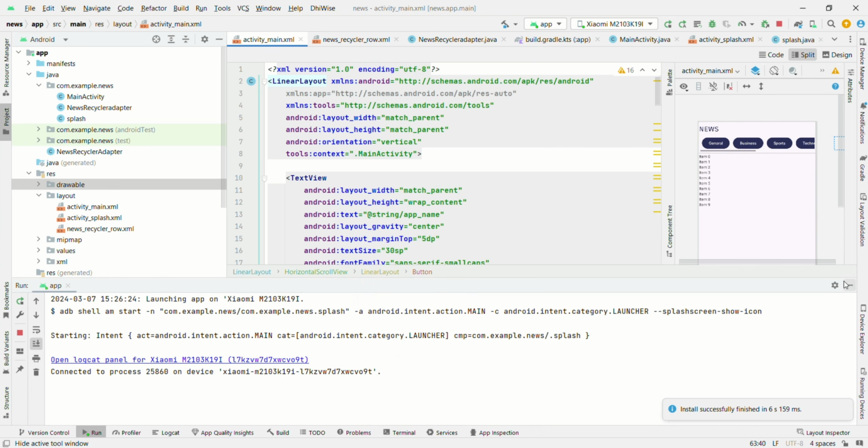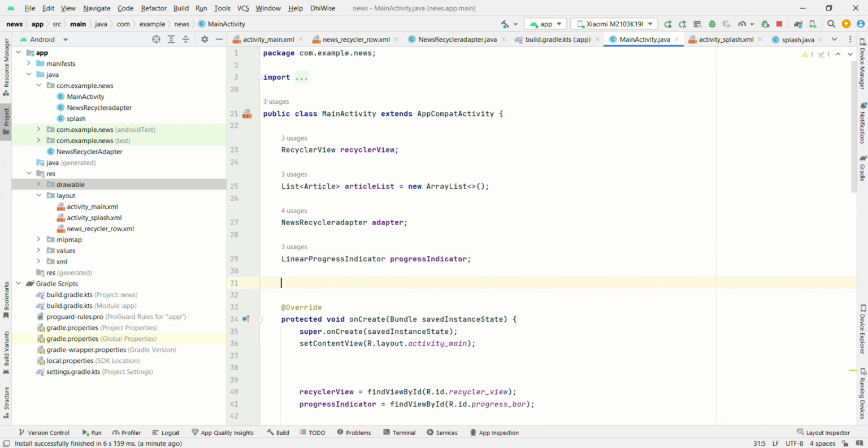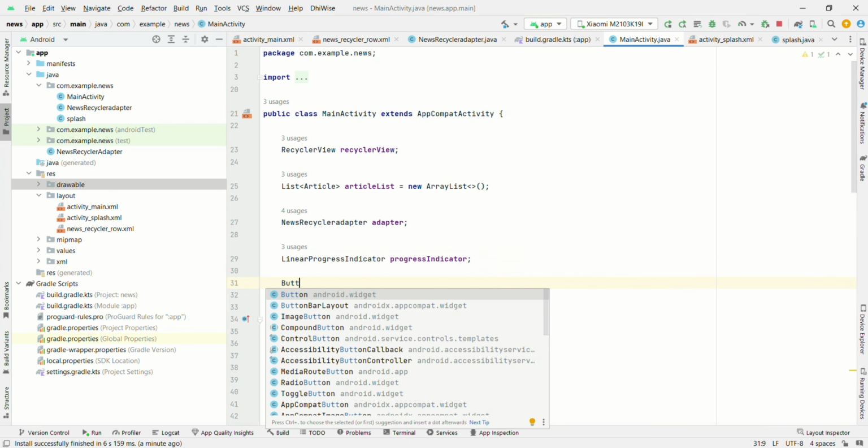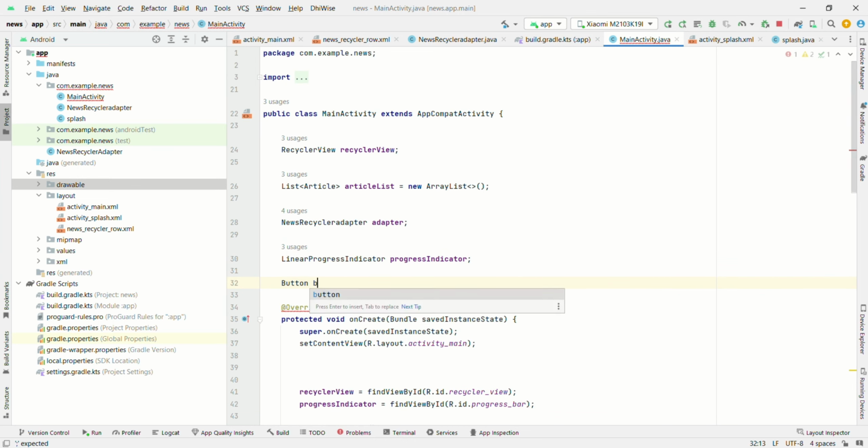Go to main activity. Import all those buttons. Button btn1, btn2, and so on.